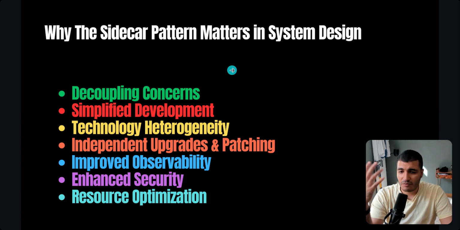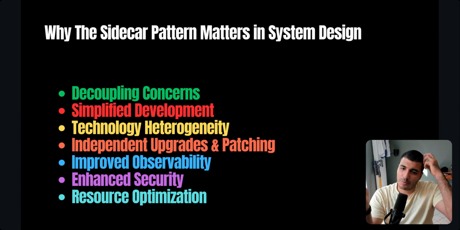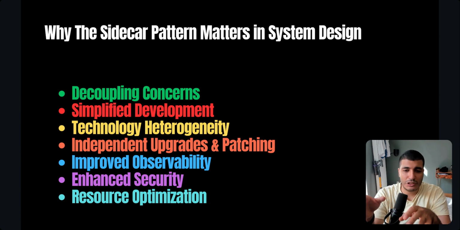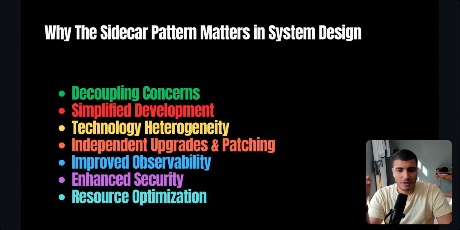Number two, simplified development. Developers of individual microservices don't need to write or maintain complex boilerplate code for cross-cutting functionalities. They just configure their service to talk to localhost or the local sidecar, and that's it. Number three, technology